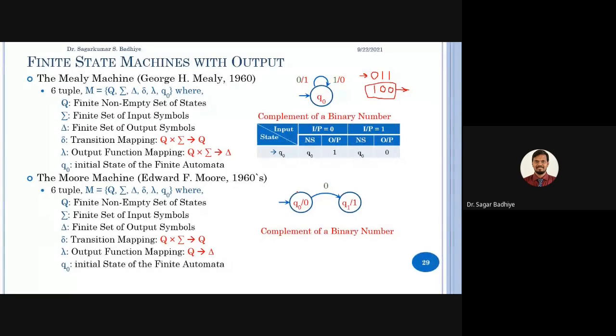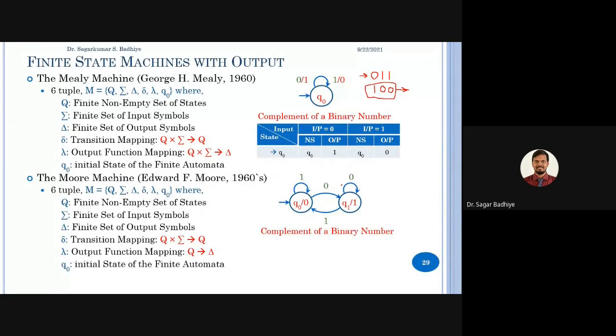That means you will have a self loop over here. So in q0, if the input is 1, I'll go to q0 itself, because I want the output to be 0. So I'll go to a state that will produce output 0. Okay, now in q1 again you can get an input of 1 or 0. If I get a 0 input, I shall go to a state that will produce an output 1, so I have a self loop in q1. Whereas if in q1 I get an input of 1, I should go to a state that will produce an output 0 for me, that is state q0. So I have a transition on 1 to q0, right?